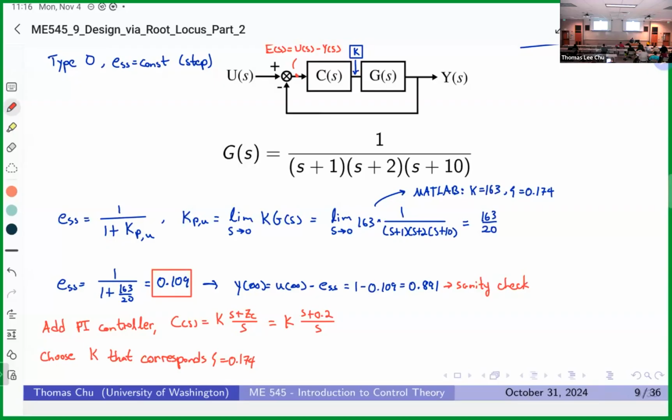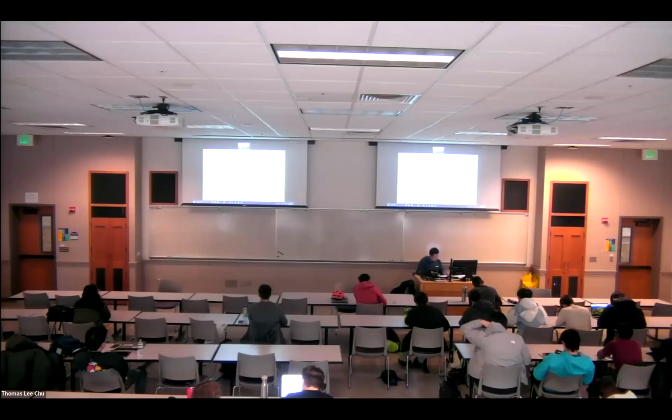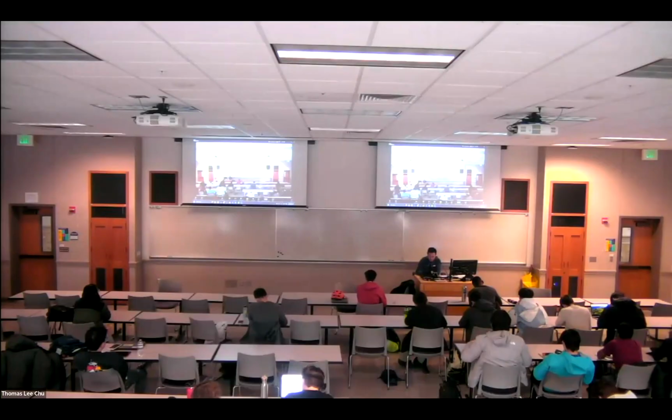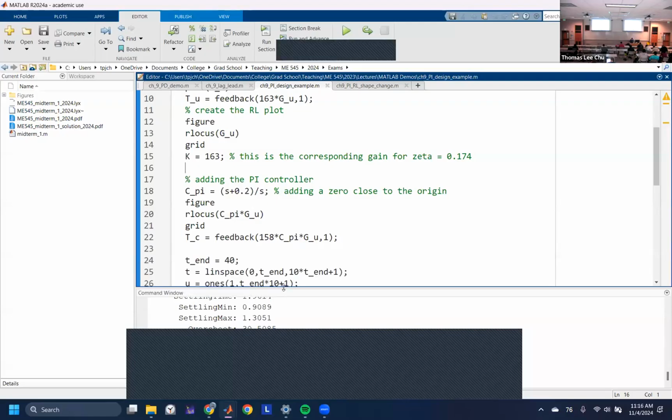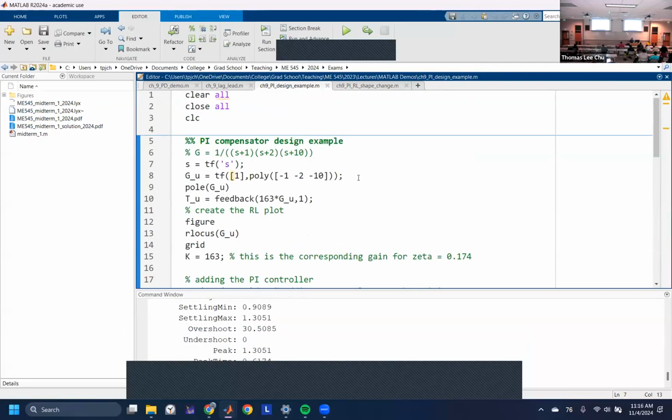So let me swap screens again. So we're back to MATLAB. And I think maybe if I'm here next year, I'll probably do this in Python instead. That's why I say that every year. Okay, so